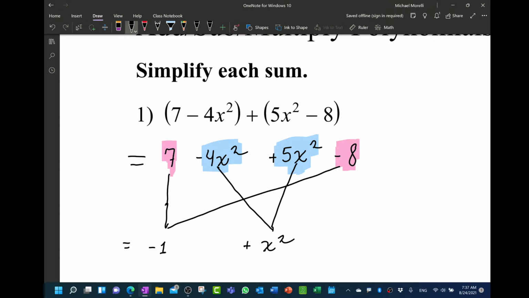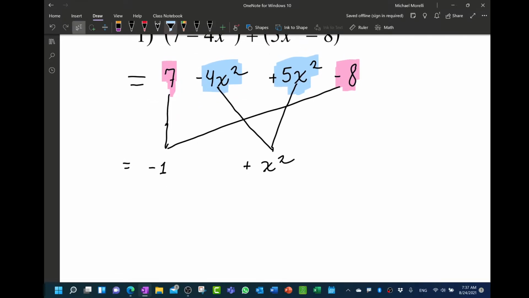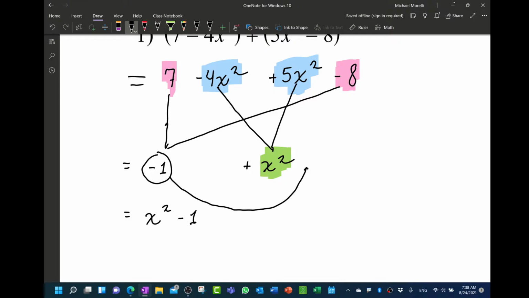Now, there is a stylistic issue with what's just been written here. Very typically, and the way it's done in math, is that this goes first, okay? So we need to do a switcheroo here. And so be careful because this has got a minus sign, all right? So when we're going to move this behind the x squared, all right? It's not so important. I mean, it doesn't change anything